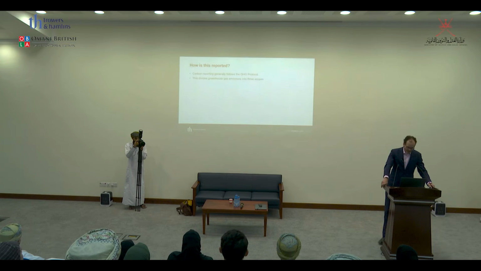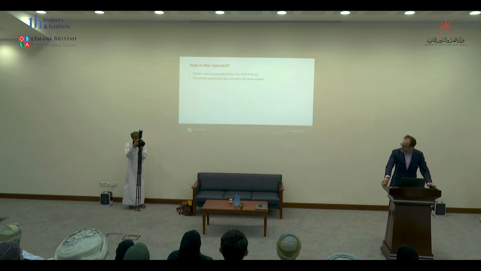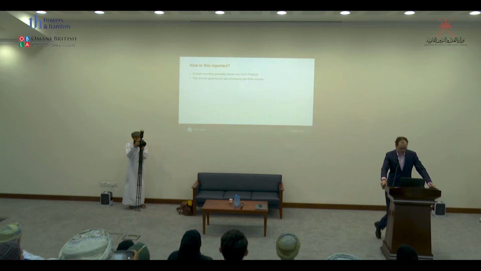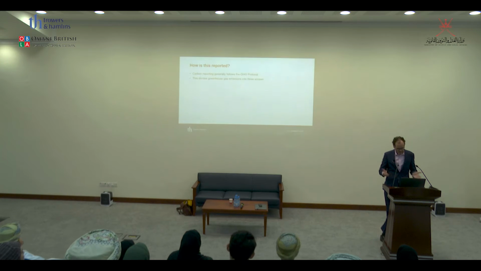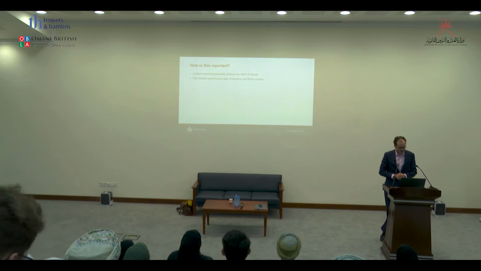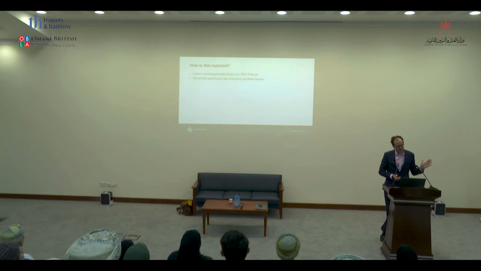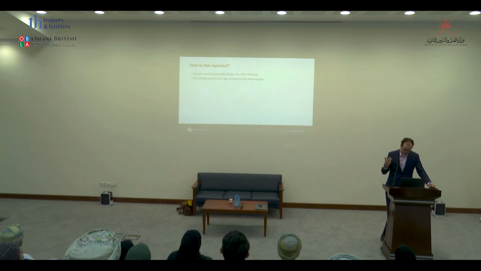So, how is this reported? We talked about these ESG pillars, and how do you actually dig into that data, your businesses, and find out how they are operating within those frameworks? You saw when I listed what we've been doing as Trowers and Hamlins, well, this follows the GHG protocol, which divides greenhouse gas emissions into 3 scopes. So that's why we have scope 1, 2, and 3.